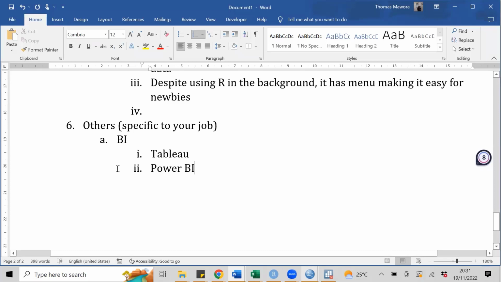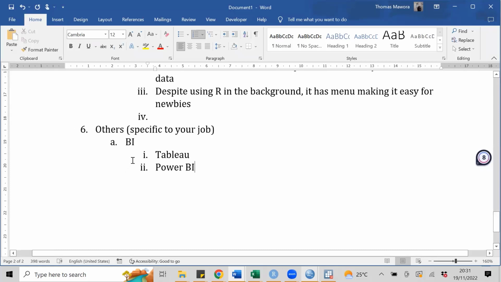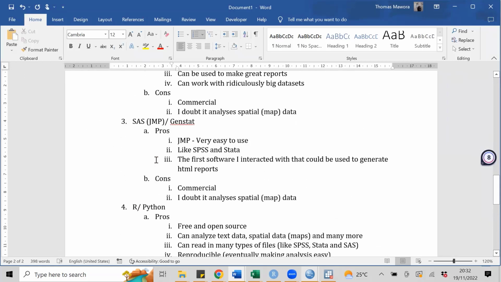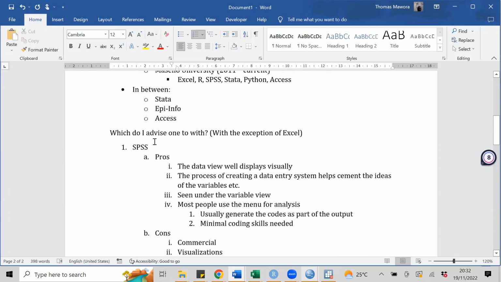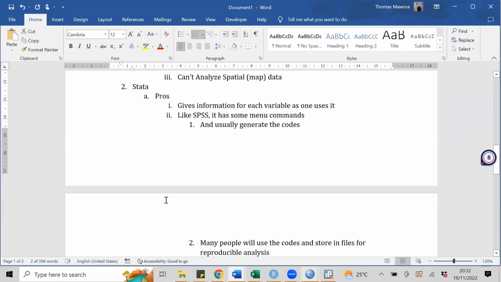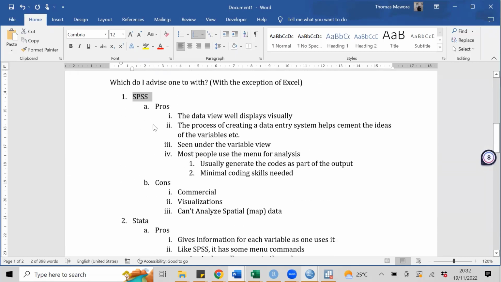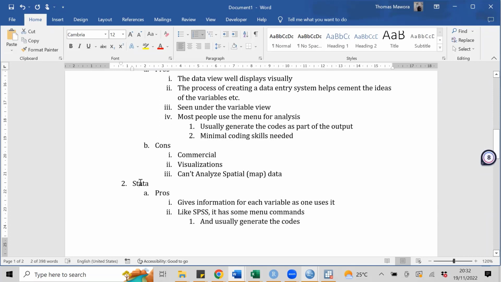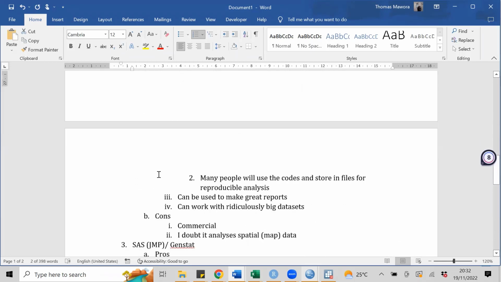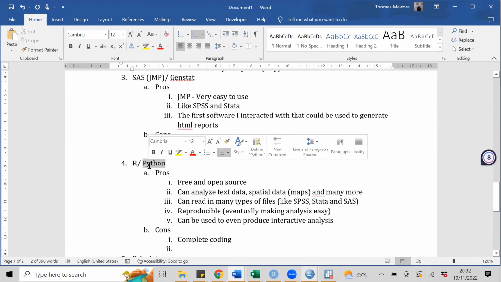If you want to learn, I will definitely say if you are completely new, probably get SPSS software, learn it a bit. It will help you improve. But SPSS will limit you. So most people I interact with who are in research really work a lot with Stata and R. Okay, so I think that's my thoughts.